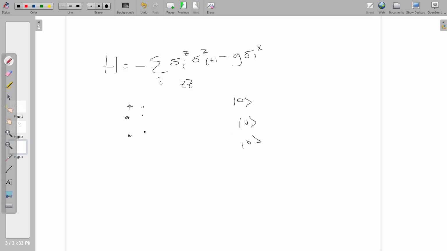Then I and I plus 1, actually, I will just leave it as 4. So then there's a connection here, a connection here, and a connection here, right? So I and I plus 1, and then a connection here. And then there's some x on each of them multiplied by some constant,